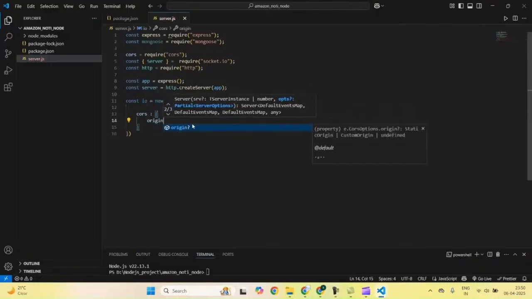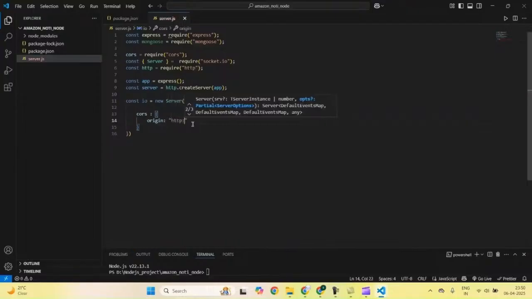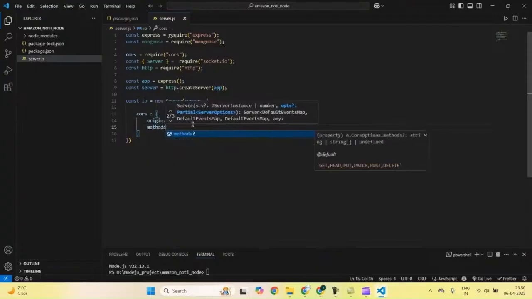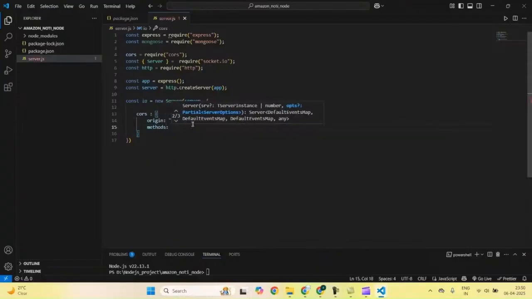In double quotes, that will be the HTTP URL of our React app we're calling here: http://localhost:5173, because right now it is taking this only. Earlier create-react-app was taking 3000. Okay, so methods, then here I'm taking